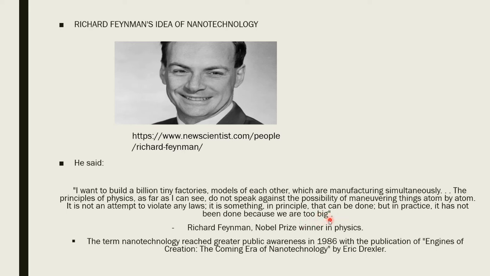It is a type of sarcasm he used, that we are too big, that's why we are not looking at the molecular level. There are so many things that are working at the molecular level. He focuses on the fact that there are atoms and many cells working at the nanoscale, at the molecular level. So we are not into it because we are so big. We should try to do something at the nanoscale or molecular level also, to achieve the big picture. This is what Richard Feynman said in his lecture.